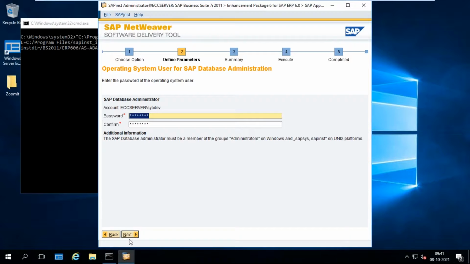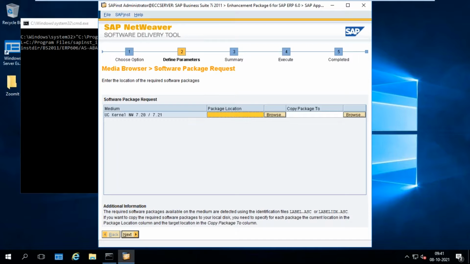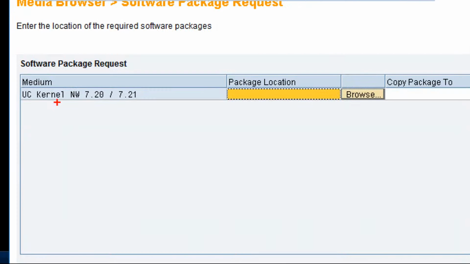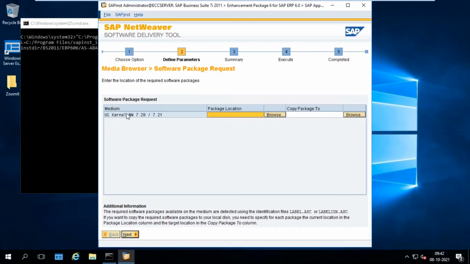So here also I want to continue the same password. Click on next. Yes. So here you observe it is asking we need to upload UC kernel NetWeaver 7.20. So UC means Unicode kernel. Just click on the browser